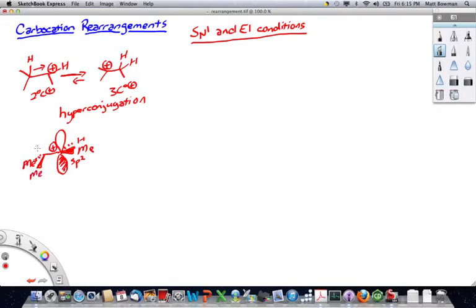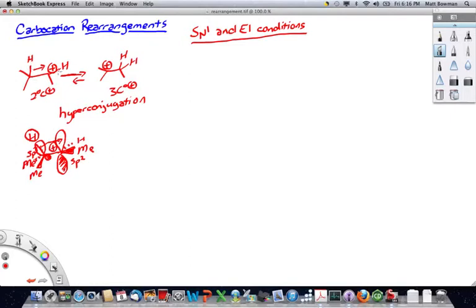Methyl group, hydrogen. The key is this bond here, this carbon, is sp3 hybridized, meaning what's holding that hydrogen to that carbon is an sp3 orbital. And so what happens is these electrons, what's stabilizing secondary carbocations and tertiary carbocations is hyperconjugation, where these electrons are being shared partly with this p orbital here. But what can also happen is a secondary carbocation can steal all of these electrons, so we can shift